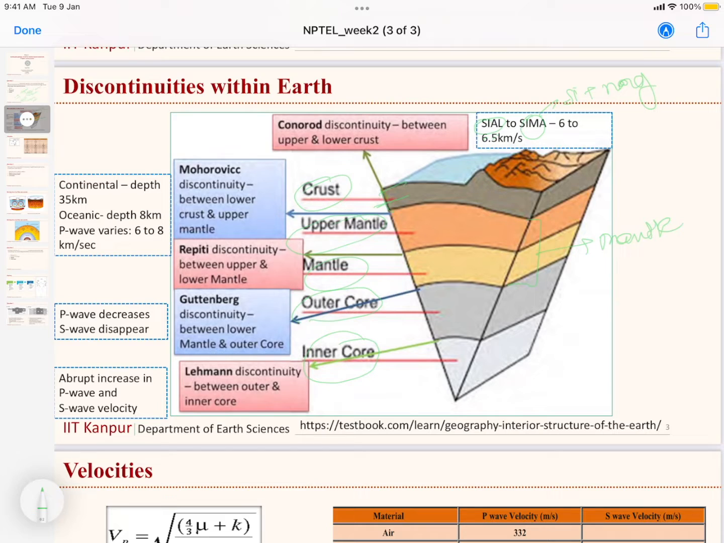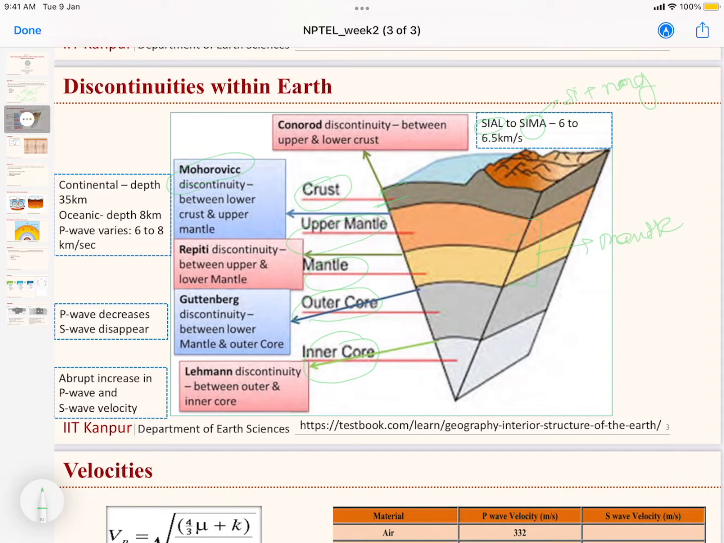The second discontinuity is called the Mohorovicic discontinuity. This discontinuity exists between the crust and the mantle. Again, since there is a density contrast between the crust and the mantle, due to the composition of the material, we face the discontinuity. Here the depth of this discontinuity varies. Why does it vary? Because the